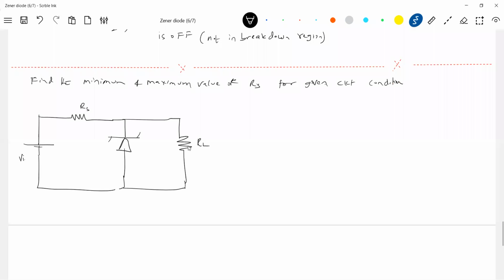This is 50 volt, VZ. Here the load current IL flows, and this RL value is given. Okay, let me put everything in: VZ is 15 volt. The maximum power of the Zener diode it can dissipate is 450 milliwatt. IZ minimum is 2 milliampere. This much is what is available, and it is putting a condition that IL will be